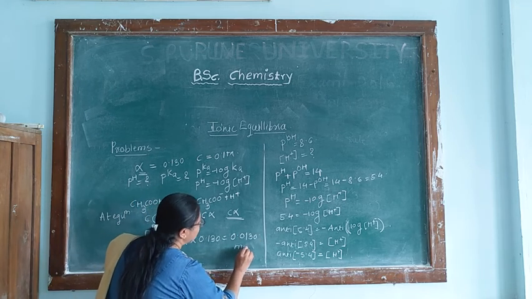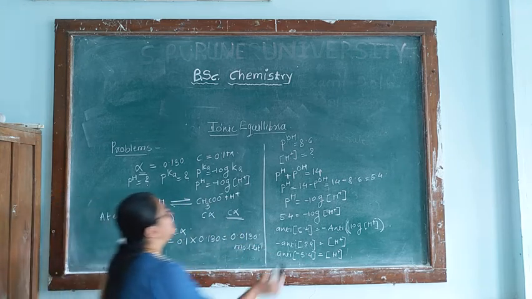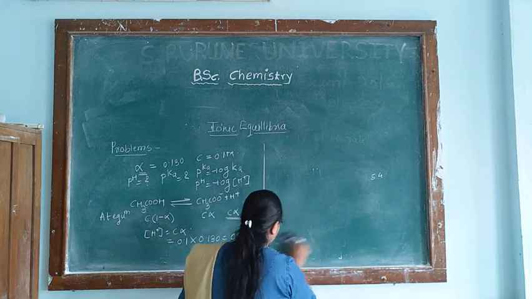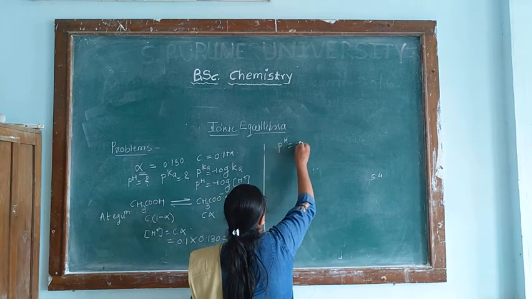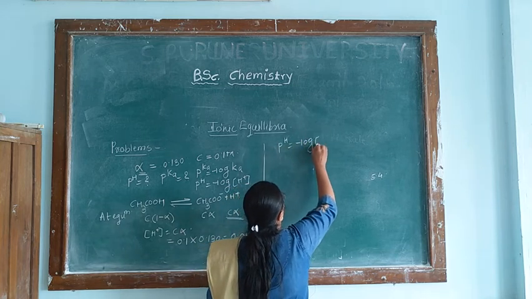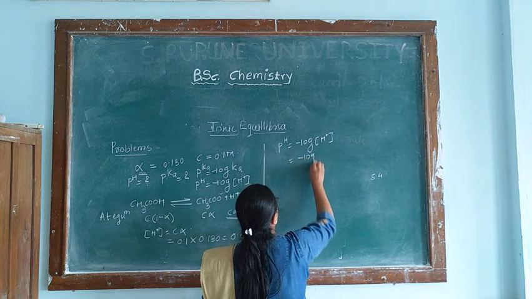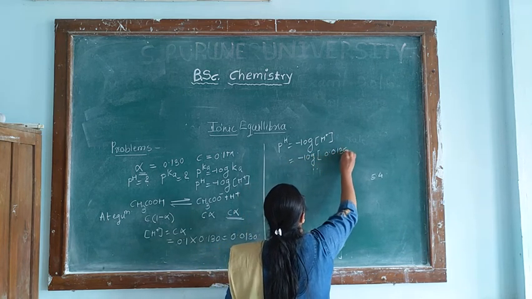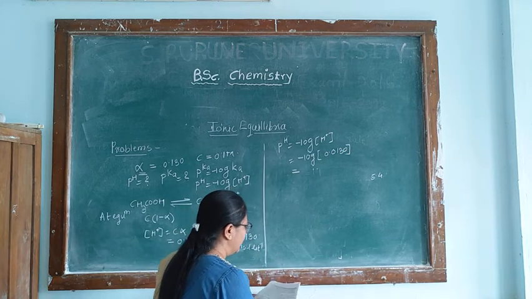This is the concentration of H plus. Now we know H plus ion concentration, so from H plus ion concentration we can now calculate the pH. So pH is minus log of H plus, which is equal to minus log of 0.0130, and this is equal to